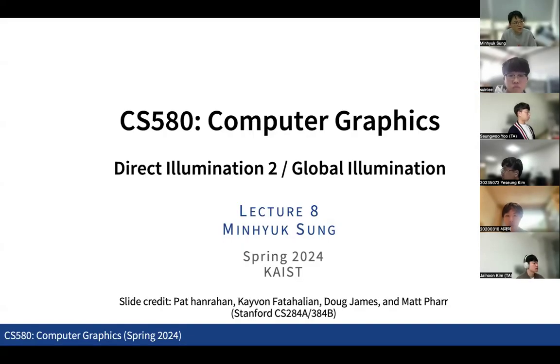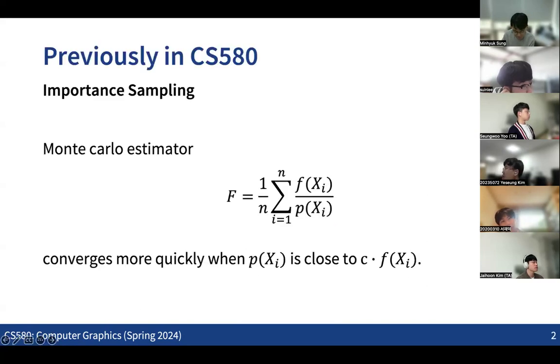Okay, so yeah, welcome back to CS580 computer graphics. So last time we were discussing some of the ideas about the Monte Carlo estimator and also how we can apply this technique for direct illumination to compute the reflection with our rendering equation. So last time we discussed some basic ideas about importance sampling, which was the case that if